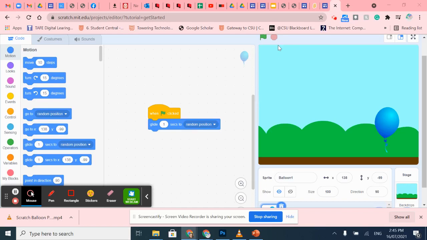How did you go with that? Are you ready to add on some more code? Fantastic. So you would have noticed that every time you press the green flag, the balloon moves, but it only